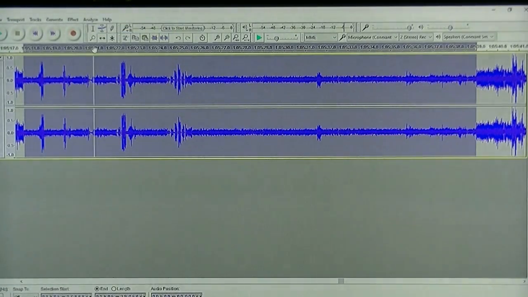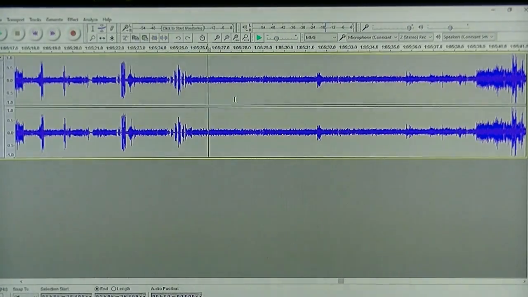Now, the way it's going to sound now, we still have that low middle tone right here. You might have to do this 2 or 3 times. The third time tends to start changing the bass and treble of your voice. So we still have this middle tone that we want to take out of there. If you highlight an area where there's no chatter really going on, again, approximately 3 seconds, play it,